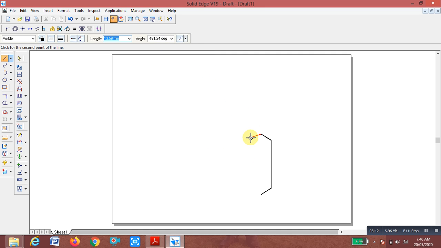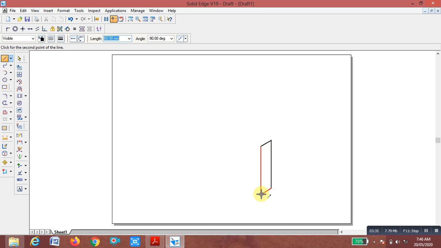This line is 210. Select the select tool, select it, and delete. Then select the line command. From this end again 15, enter, 210, enter. Again you join to this end.